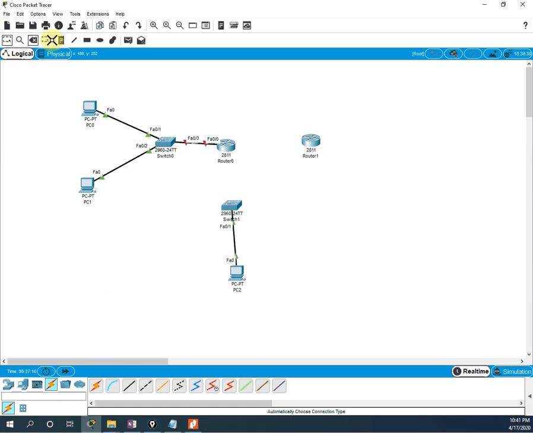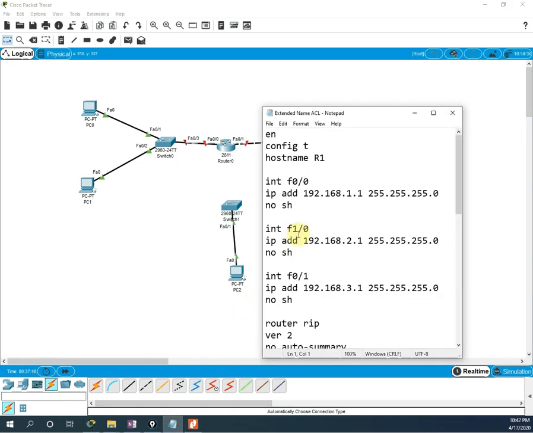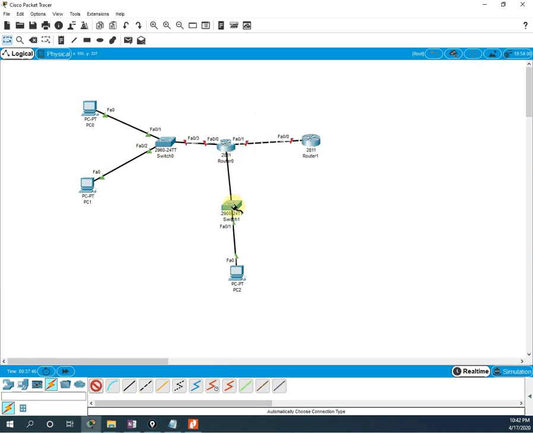Oh, what happened? It got stuck. My Packet Tracer, or, let me select something else, maybe my PC hung. Now it is okay. So I will connect this to this one. If you say F0/1, yeah, what configuration did I write? F0/1, this is this IP, okay. Then I will connect this one. This I will connect to this, okay.